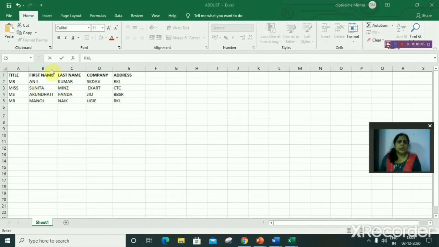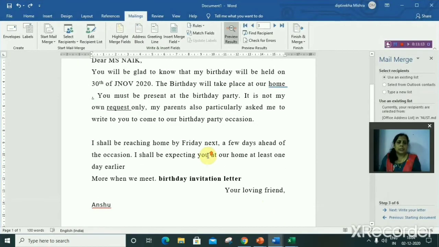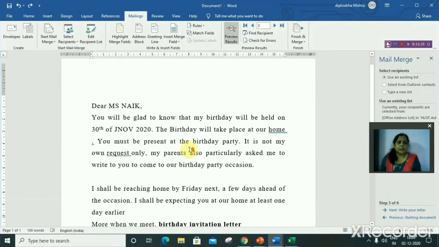So this way you type the list in MS Excel. So these are the 4 recipient details I have typed with the headings, and I want to add this list data file into the mail merge document. So let us create a mail merge document. We have that document here.